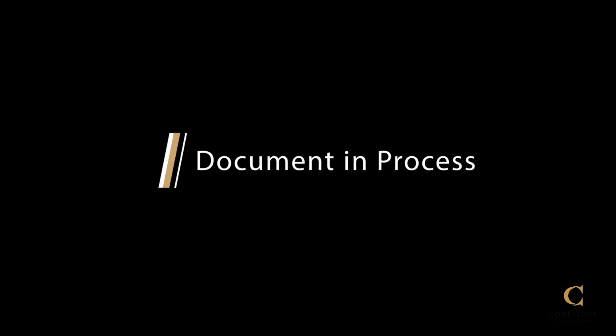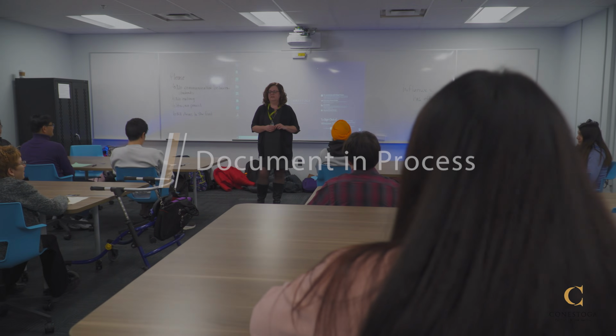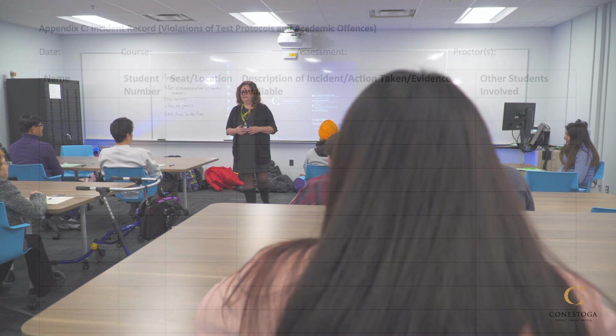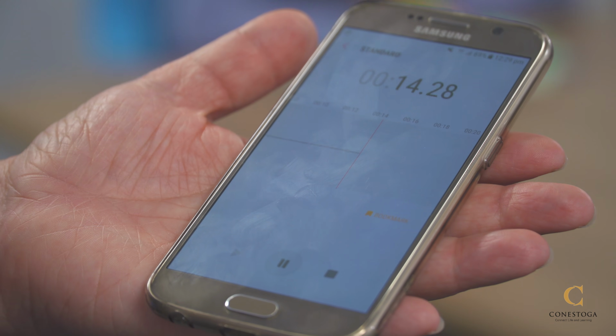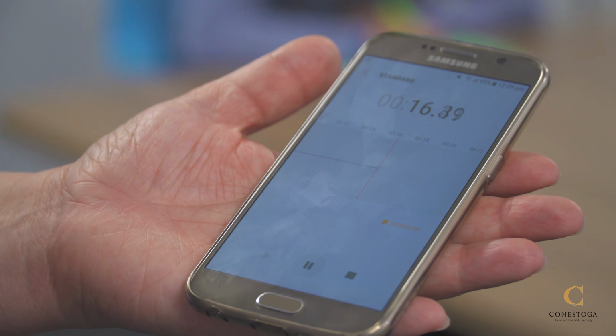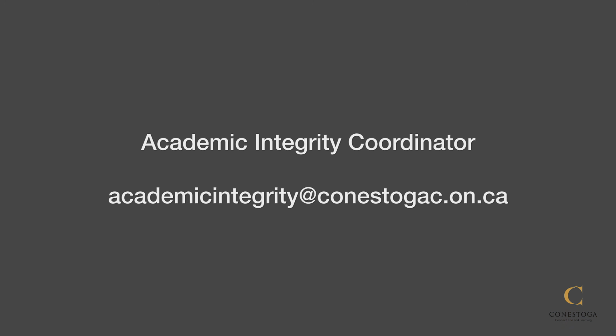Document in process. Tell the students you will make note of any abnormalities on the attendance list and incident tracking sheet. Follow up with filing a warning or an academic offense appropriate to the situation. Have your cell phone recording the sound in the room and tell them that you are doing so. If a student speaks, makes hand signals, or tapping noises again, alert them that you have noted the behavior. Allow them to continue writing but follow up with an academic offense appropriate to the situation. If you are unsure of the next steps, contact the Academic Integrity Coordinator at